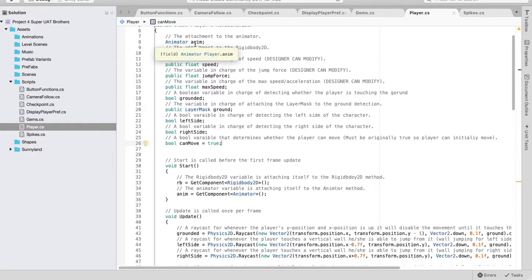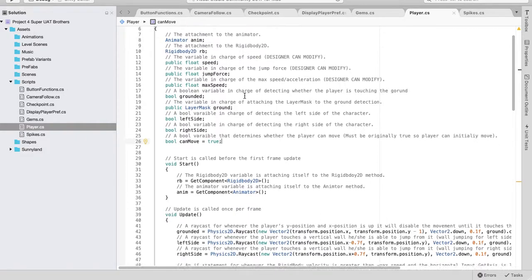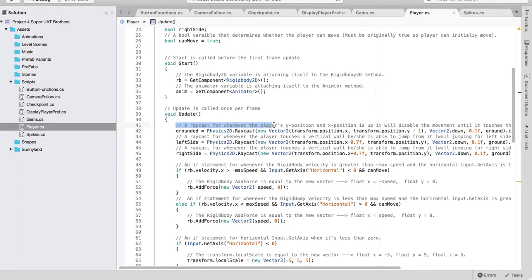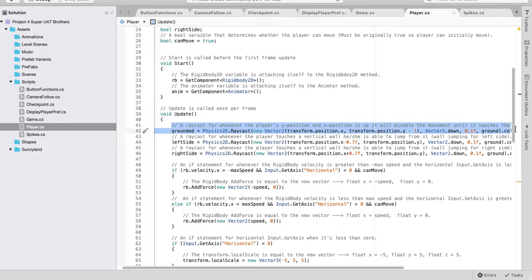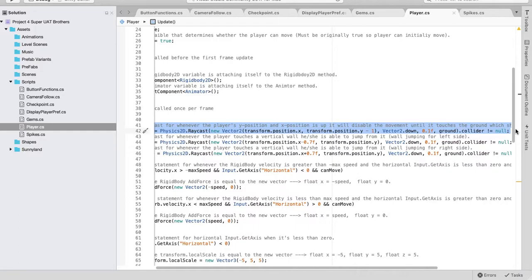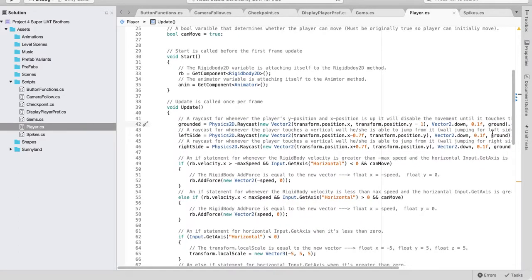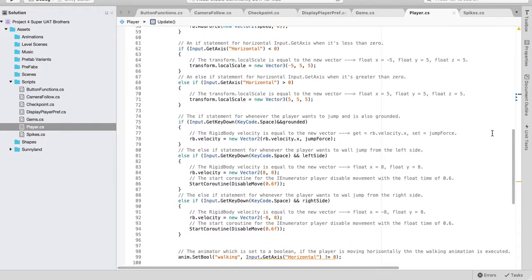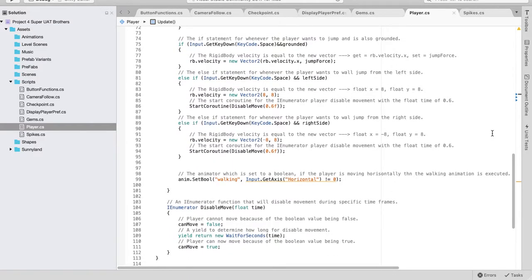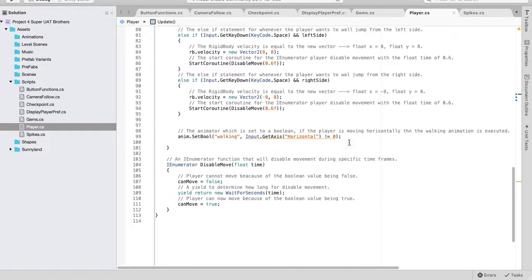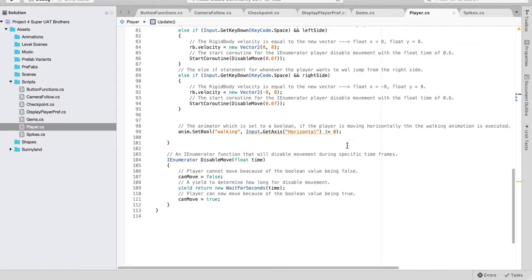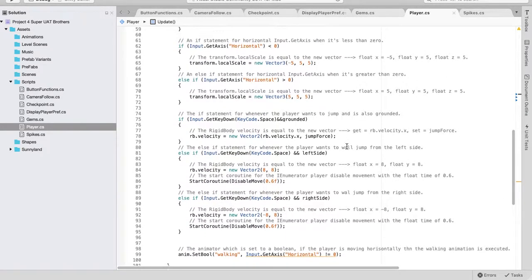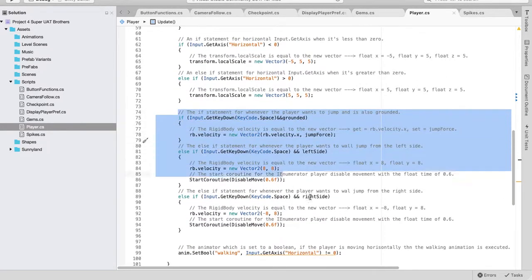Now for the grounding method, so as I said previously, this specific line was a raycast for the grounding method. And then over here, down, where is it? Let's see. Where did I put it? Yeah, over here. So as you can see over here,